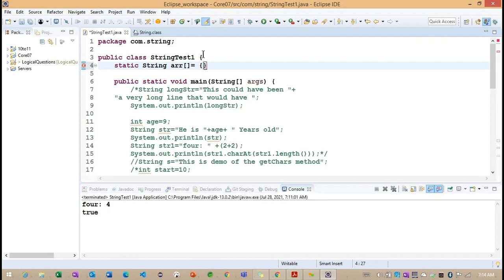I'm trying to create a string array with some values, so some strings I'm trying to add.